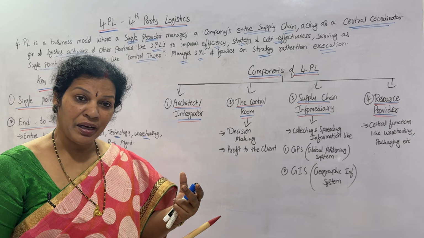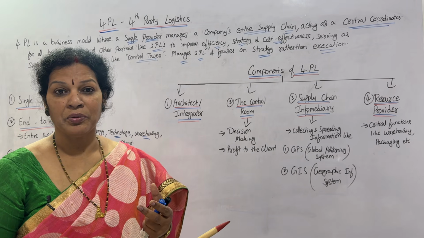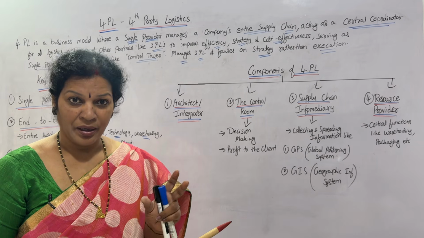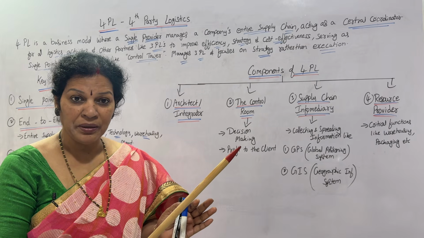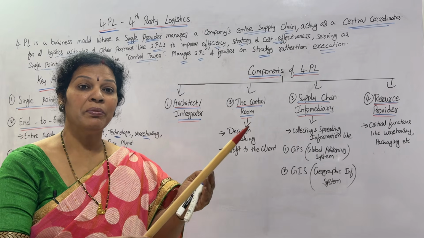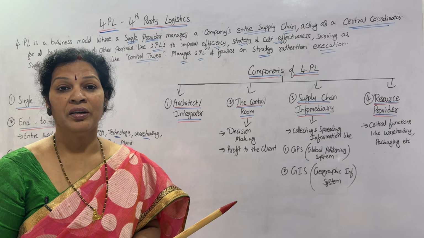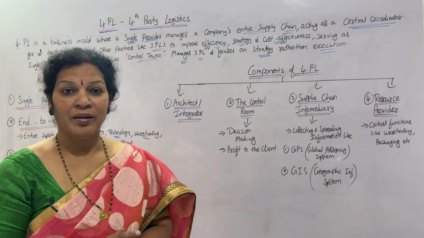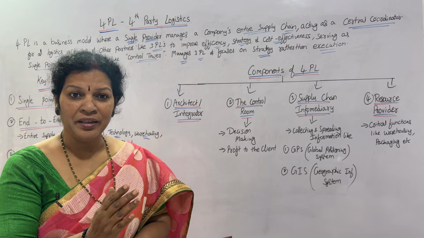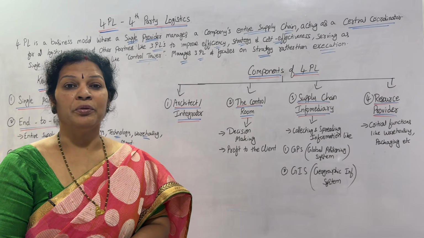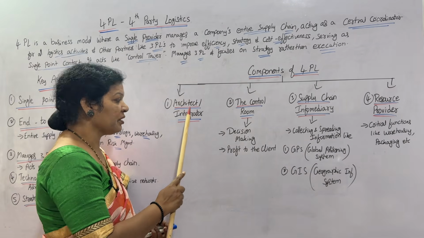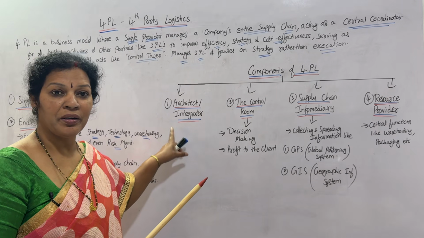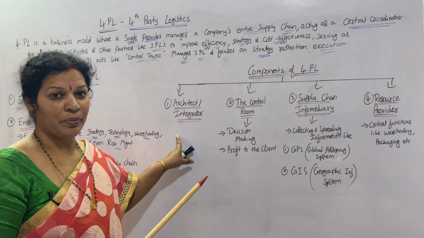At the same time, they have to cope up with the organization's goals, strategy, expectations and ambition, and keep them in mind. And however the things are going on in the organization, and what kind of help is given by the 3PL, keeping all these things in mind, they have to go with the new technology. That is why we say architect and integrator. This is one of the important roles of every 4PL.